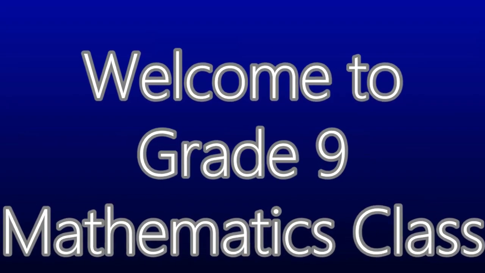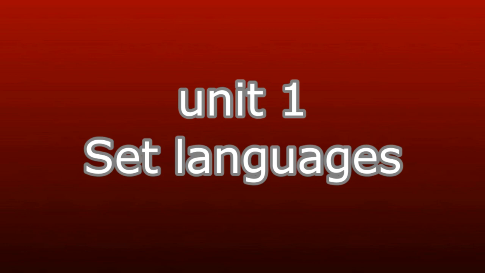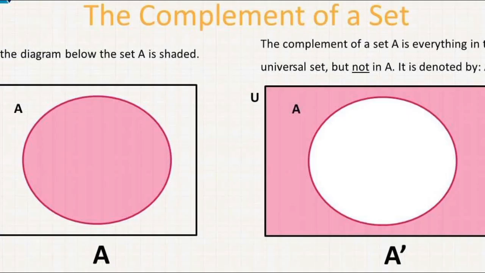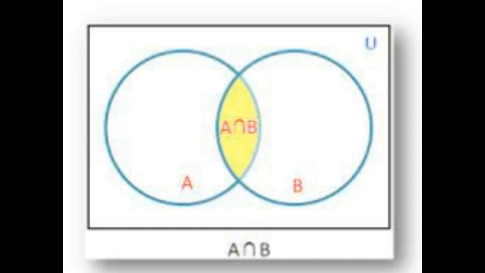So, we are doing Unit 1, Relations and Functions. Am I right? Today we can recall the previous class portion, and after that we can go to our portion. You have learned the complement of a set, that is given in that picture. Just remember what the complement of a set is. Also, you have learned A union B. Union means altogether: you have to collect all the elements from both sets. You have learned A intersection B. A intersection B means you collect only the common elements from both sets.